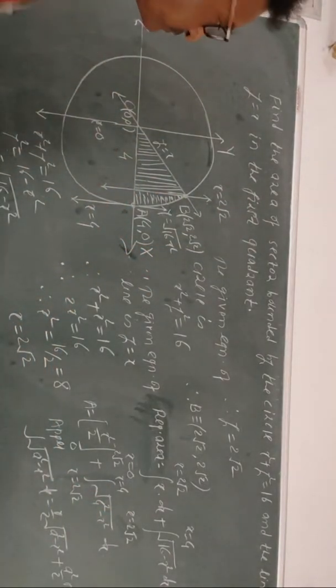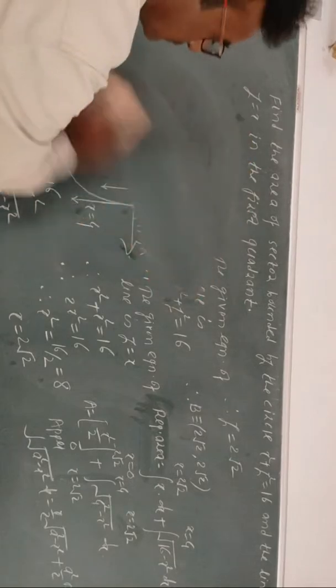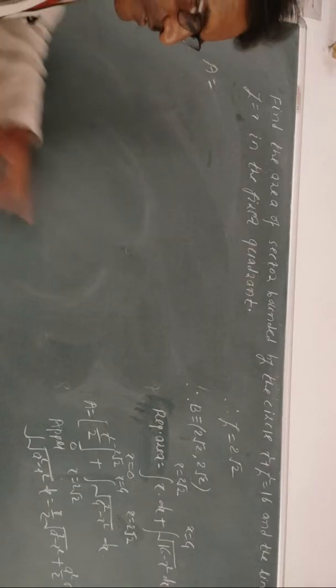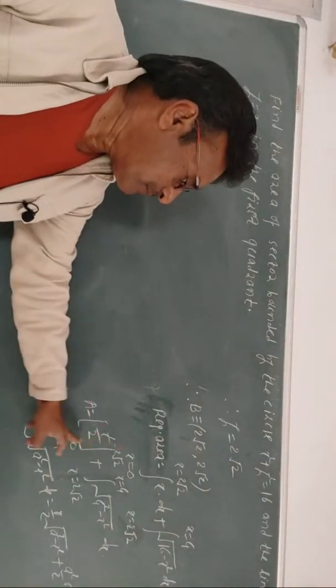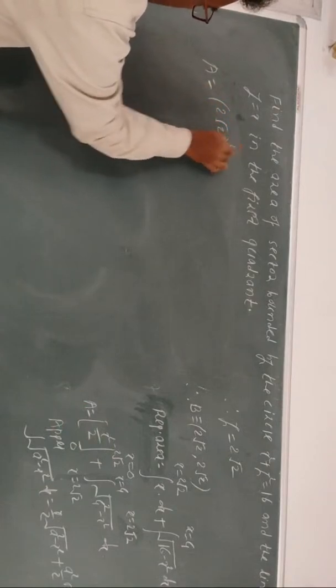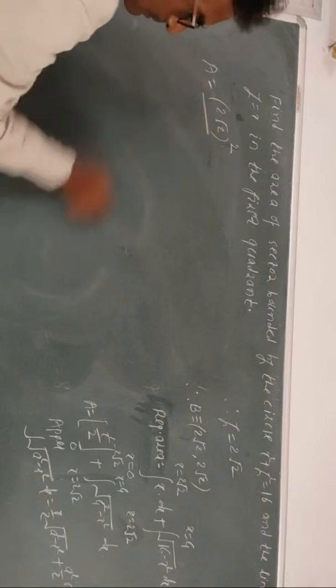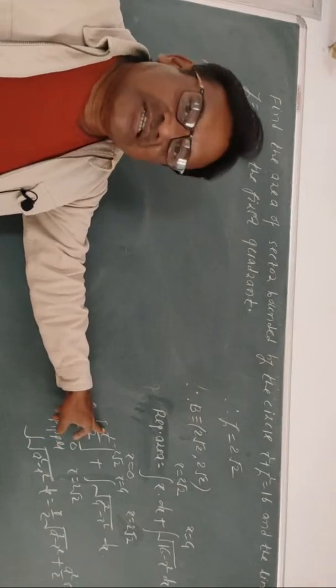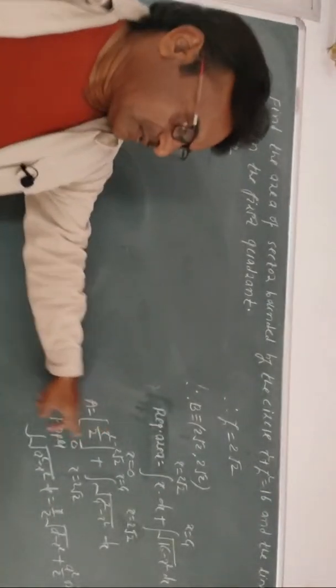Therefore, the required area A is equal to, first we put the upper limit minus the lower limit. First we put x equal to the upper limit, that is 2 root 2. So we write 2 root 2 whole square upon 2 as it is, minus the lower limit 0 square, that is 0 by 2, 0, plus